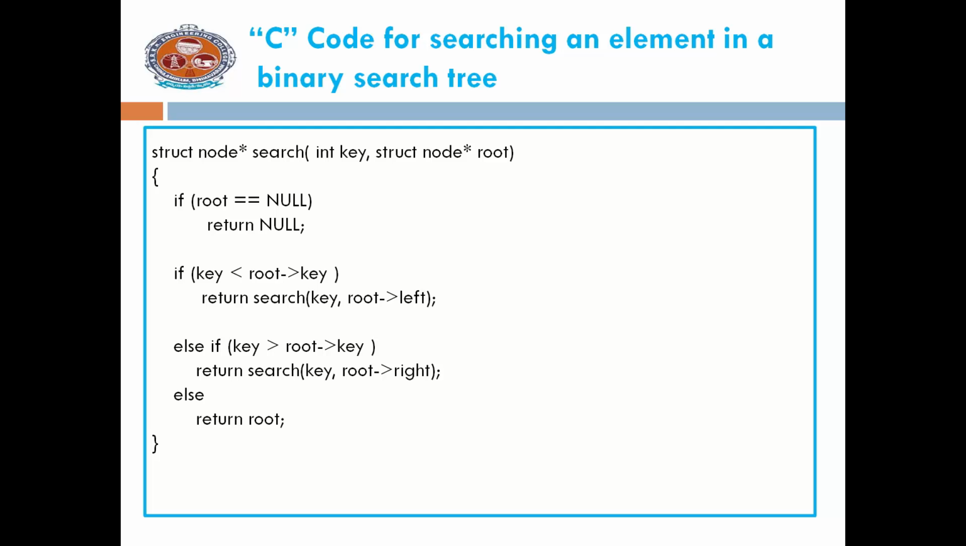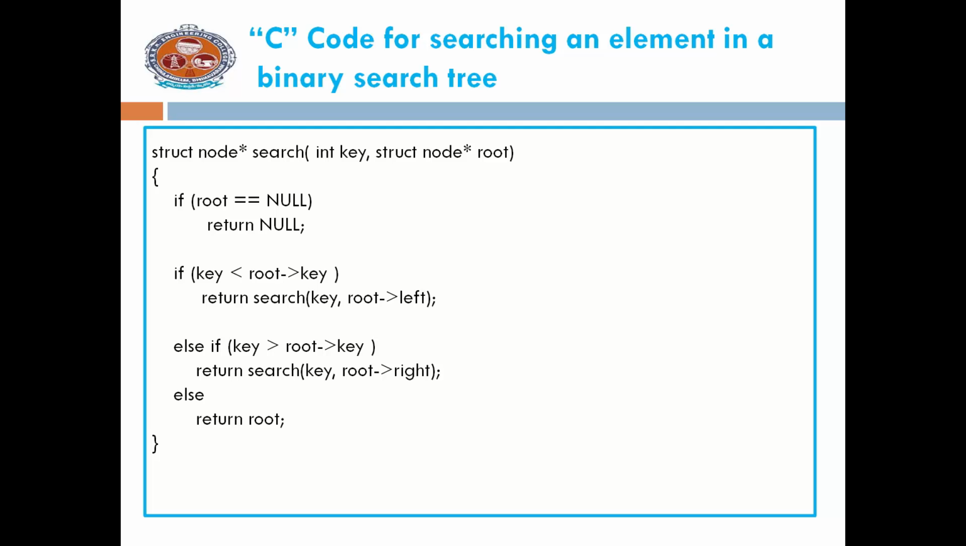Next, if key, that is your search element, is less than root of key, then you have to traverse in which direction? In the left way. So we have written a statement: return search of key comma root of left. That means we are searching the element in the left subtree. If that is not the case,